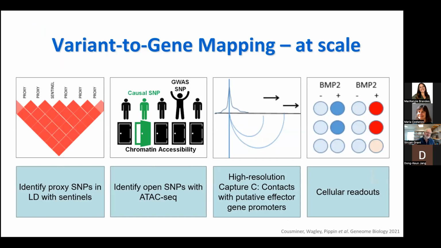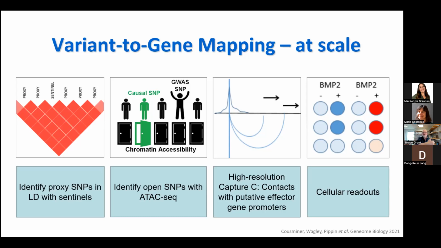On the panel on the left, we're looking at linkage disequilibrium, trying to be as liberal as possible in our selection of genetic variants. So taking the top variant at the top of the Empire State Building signal and all the other signals, taking all the SNPs in linkage disequilibrium, and then saying one of this series of SNPs at this given locus could be causal. We then impose an ATAC-seq on that by just saying which of those SNPs in that proxy series are open. Typically, the top SNP is not the causal SNP, and it's typically not open, but some of the other proxies are.